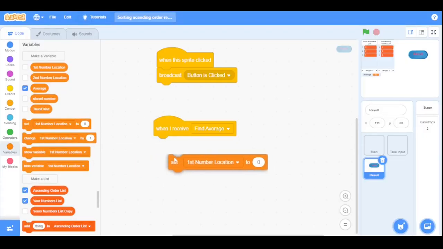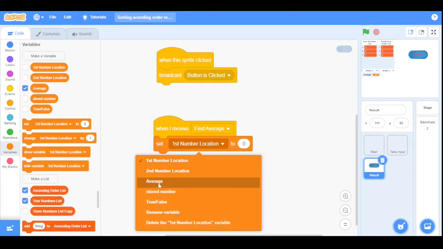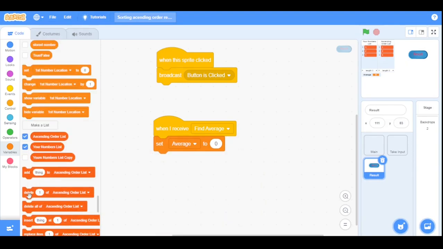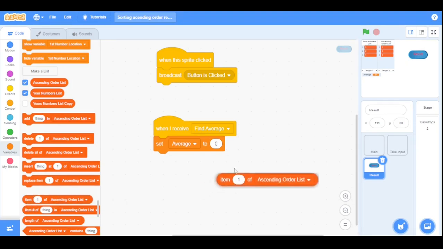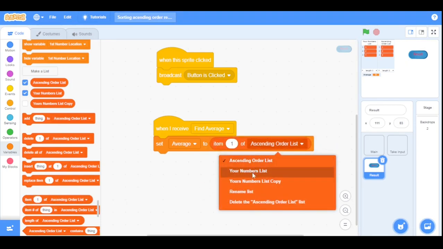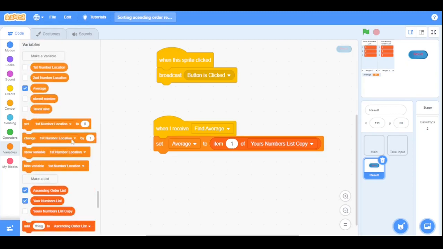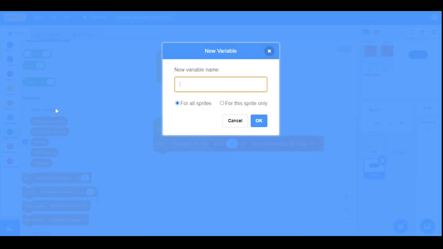and we will set the average variable to the item 1 of your number list copy. The your number list copy is the list that we are working on, and the your number list is displayed on the stage. Now create a new variable named I, which means index,